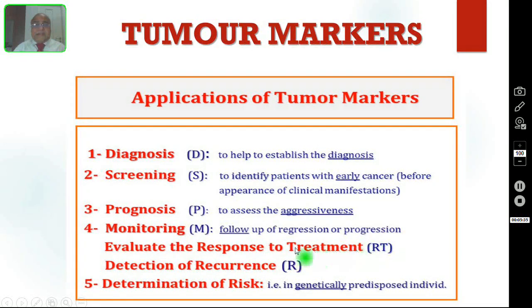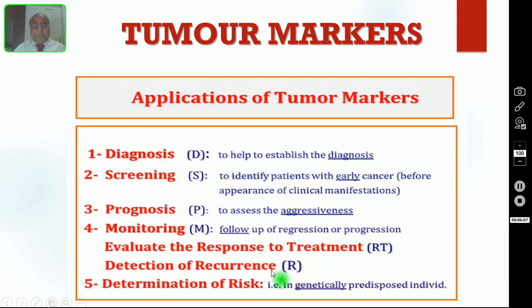If the treatment is successful, the value of the tumor marker will be very low. So after the post-operative period, initially it is normal, but all of a sudden, if the patient has a surge or increase in a particular tumor marker, then that means the patient has got recurrence somewhere in the body, and we have to do the workup and find out where that recurrence has occurred. That is the detection of the recurrence. That is the most important thing.